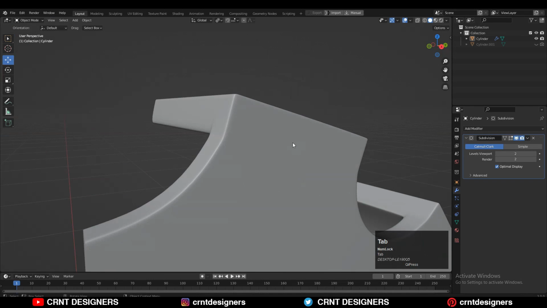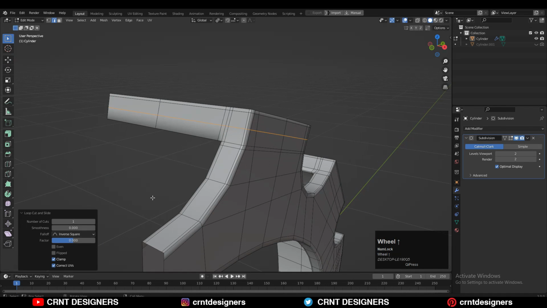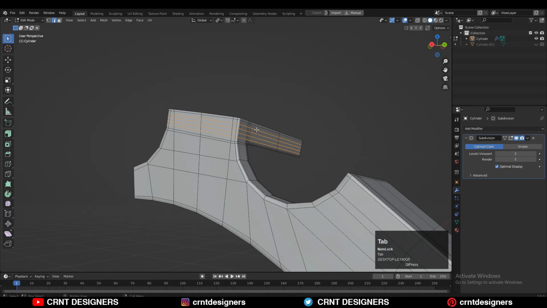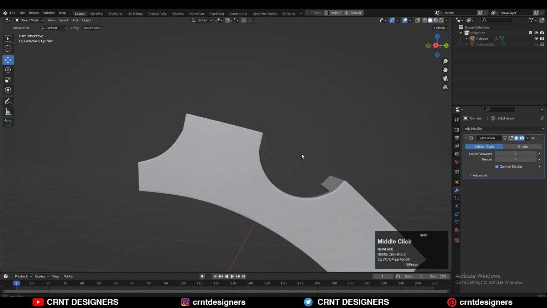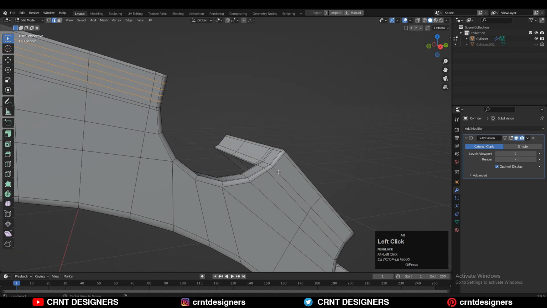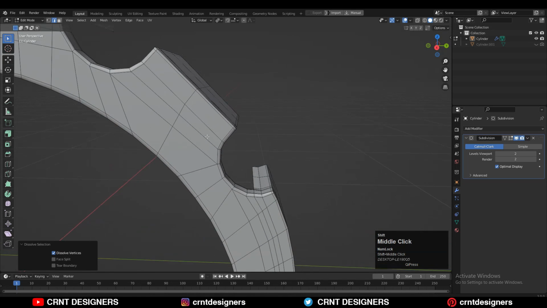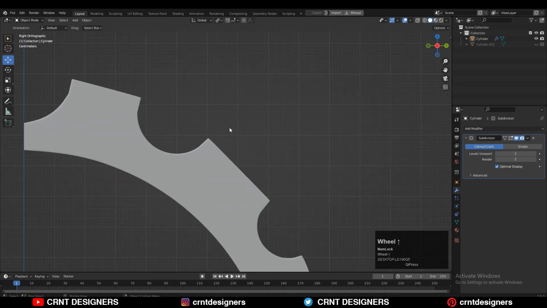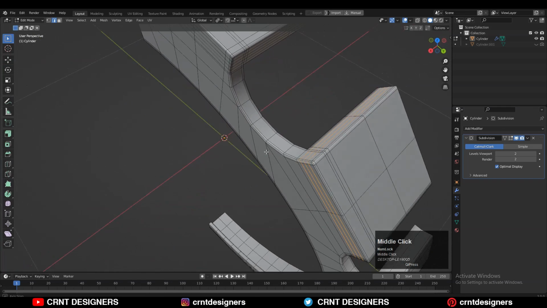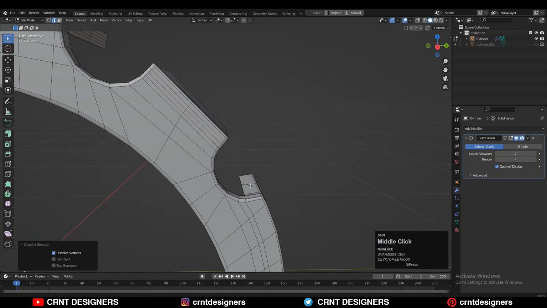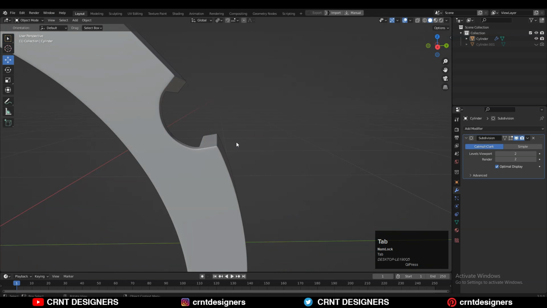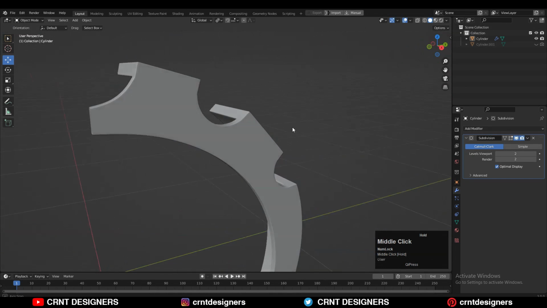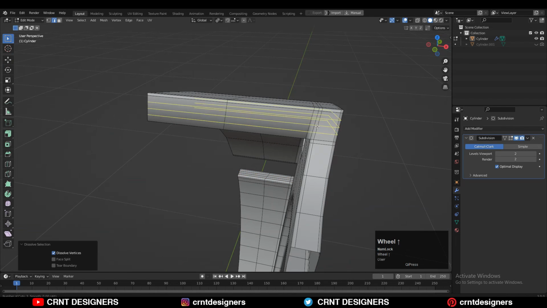To avoid that issue, you can dissolve this edge loop and add a few more loop cuts like this, and that will look better. Similar kind of thing you can do with this also. Just dissolve that edge loop and add other loop cuts there. And now you can see that looks really good. Same thing with this, dissolve the edge loop and add a new edge loop right there. And now you can see we are getting smooth, decent looking shading on the model.